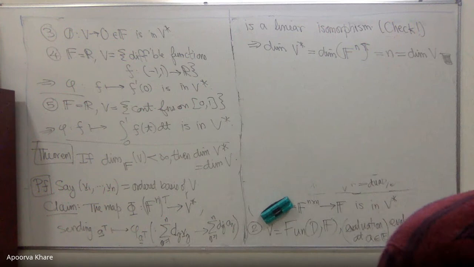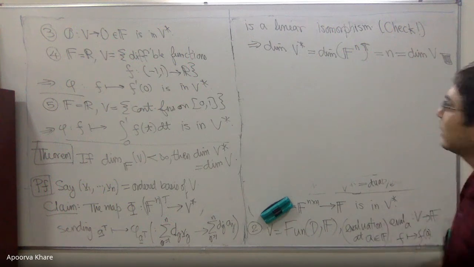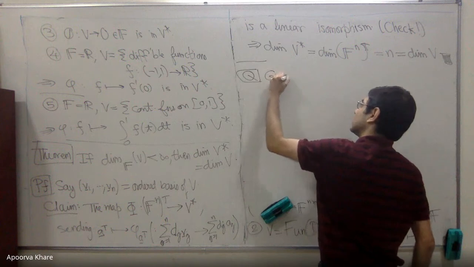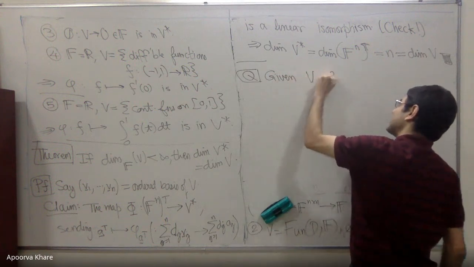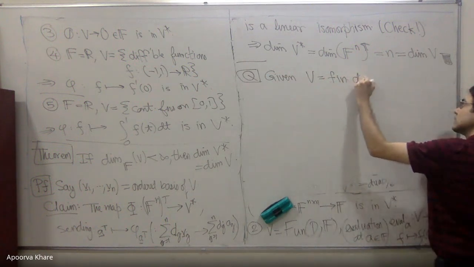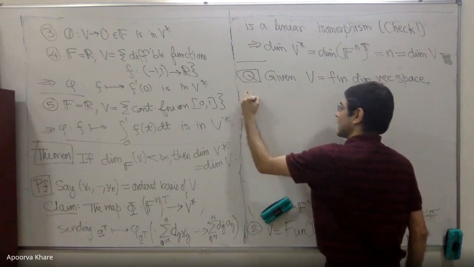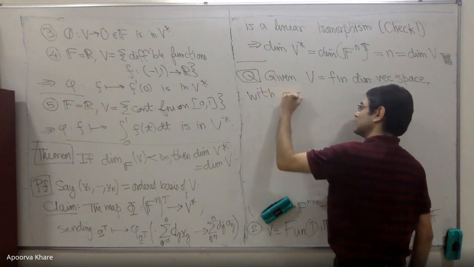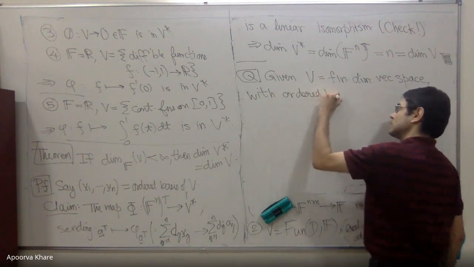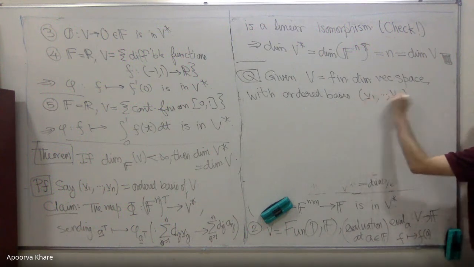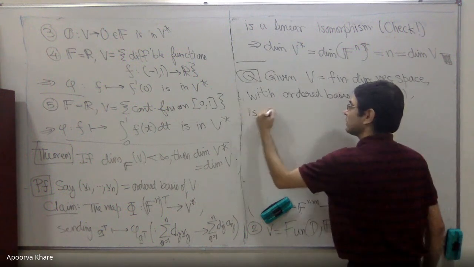Given V a finite dimensional vector space with ordered basis v1 through vn, is there a nice or a compatible basis